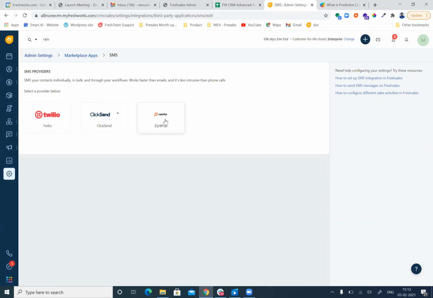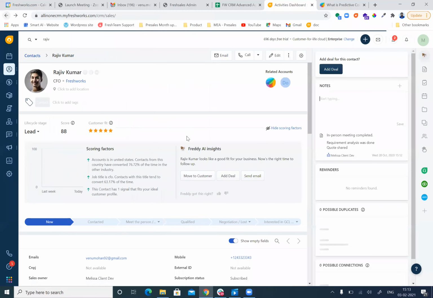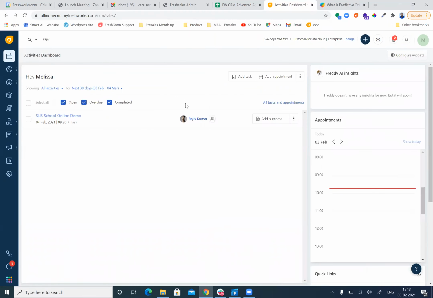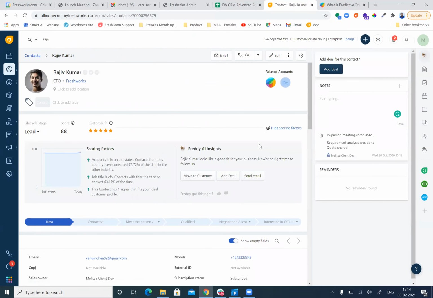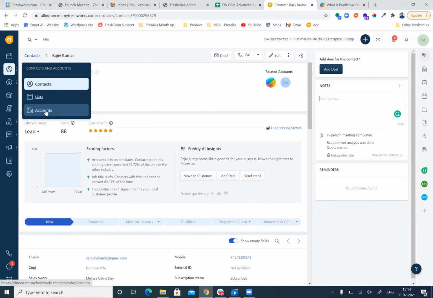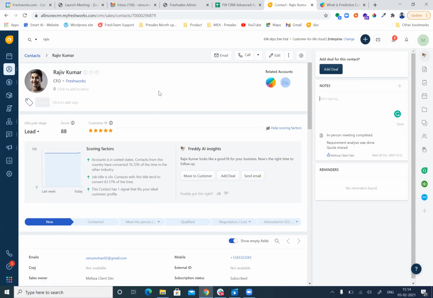And whenever the customer replies to that SMS, those SMS will also get logged as part of the respective customer profile. So you would be able to do a true two-way SMS conversation with the customer from the CRM itself. Okay. So this is the high-level information of the contact 360-degree view. If you have any questions, you can ask me now. Else we will move on to the account module, followed by the deal module.